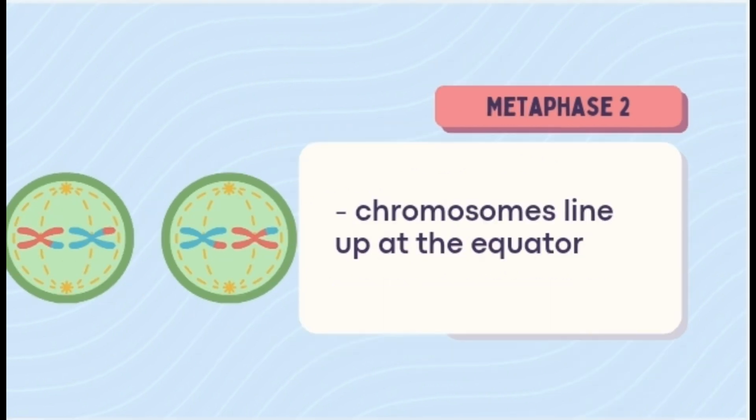The second stage of meiosis 2 is metaphase 2. During metaphase 2 of meiosis, chromosomes line up along the metaphase plate, or the cell's equatorial plate, in preparation for separation. Microtubules from the centrosome and